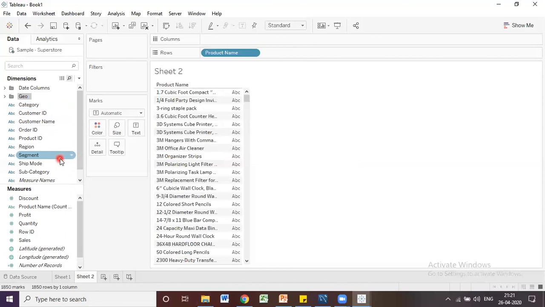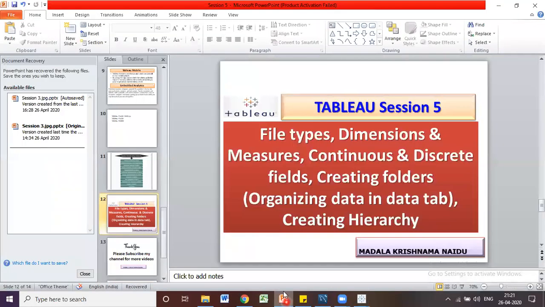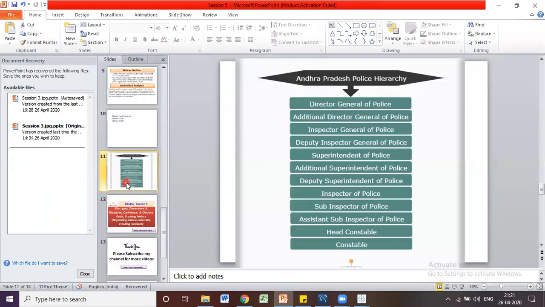Okay, now we are going to see hierarchies, how we can create hierarchies. What do I mean by hierarchy here? Hierarchy is like from top level to lower level. Now I am going to give you one sample example: this is the Andhra Pradesh police hierarchy.